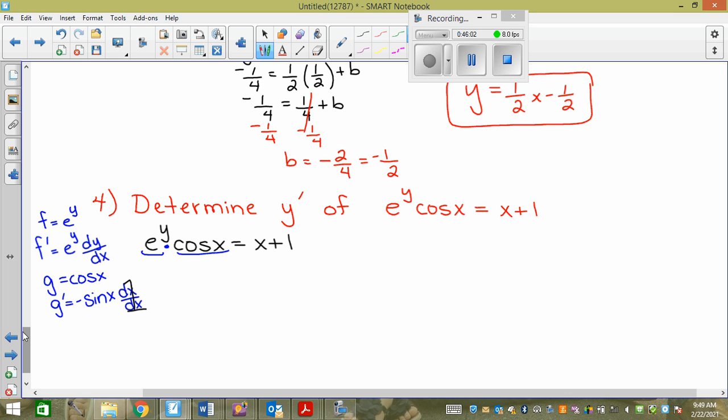So it's just negative sine x, right? So it's only the y's that I have to follow behind with dy over dx, and only when I take the derivative of them. So what people will do is they'll stick a dy over dx in front of this f. But f is just f. I didn't take the derivative of it, right? So I only have to put the dy over dx if I took the derivative. So I'm going to go f prime, which is e to the y dy over dx, times g, which is cos x, plus g prime, which is negative sine x, times f, which is e to the y, equals